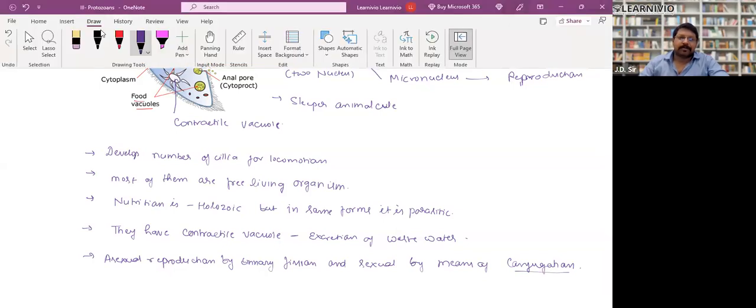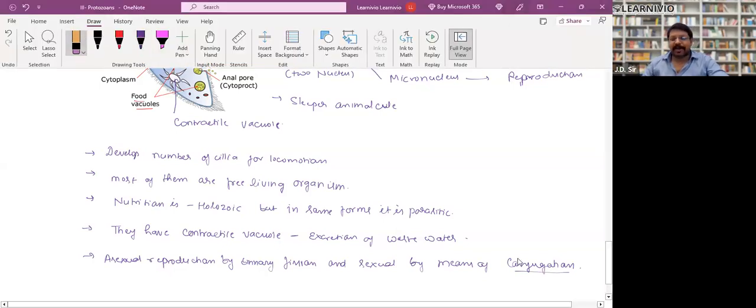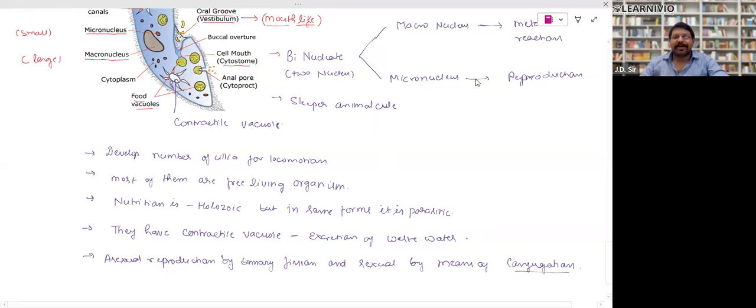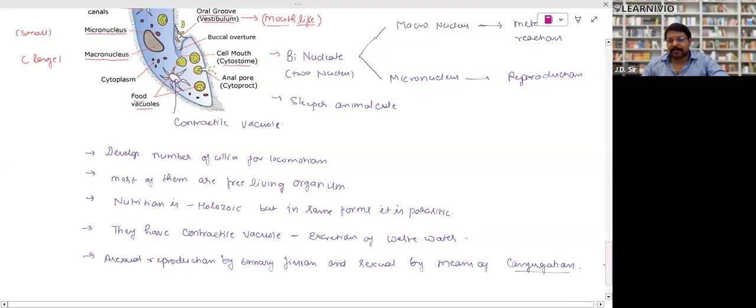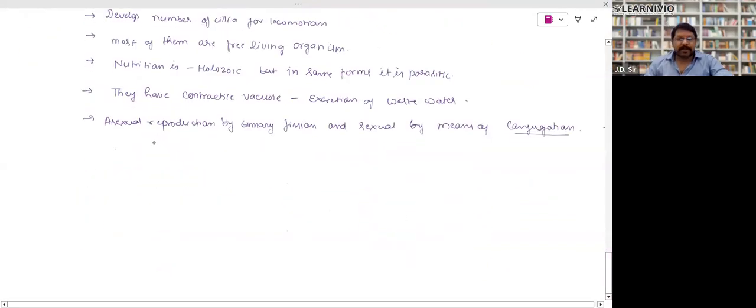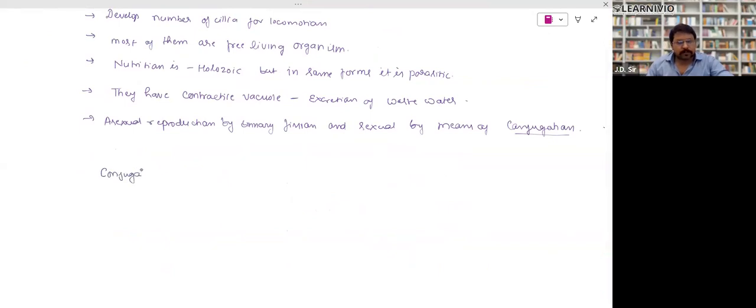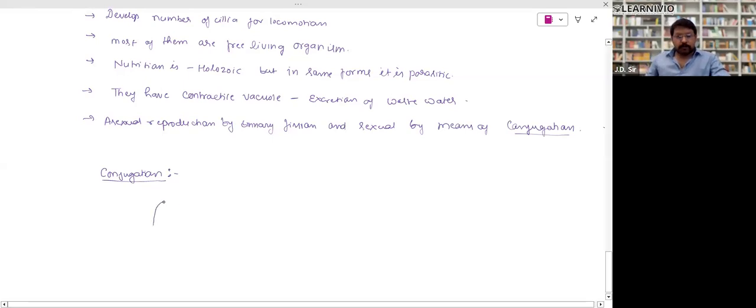Sir, what's conjugation? Very good. Otherwise, I would have asked you what is conjugation. Let me explain it. Look, from the term itself, conjugate means when two things fuse. That is called conjugate, right? This process is called conjugation, right? What happens in the conjugation process? Two paramecium